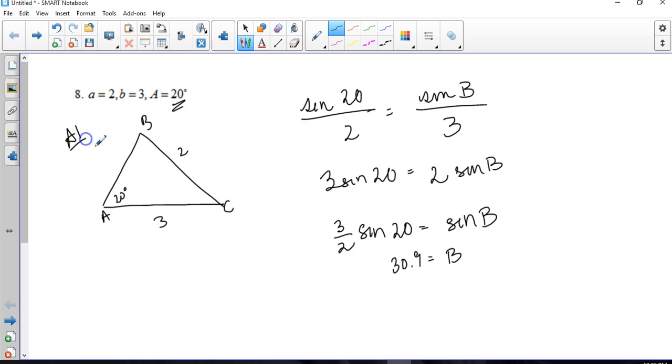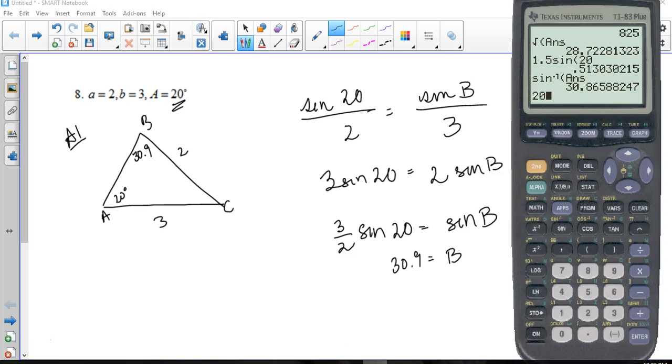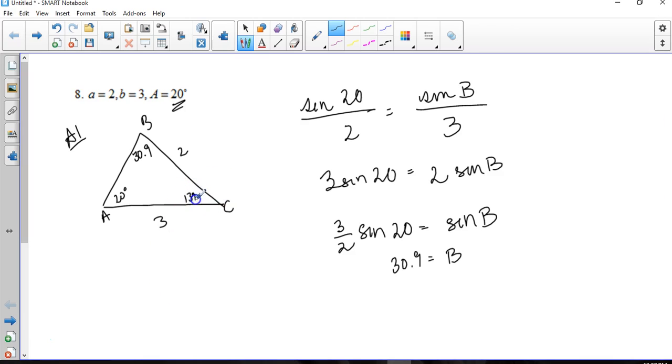Now maybe that's what B is. Maybe that's what's going on here. Maybe this is a 30.9. And if that's a 30.9, this has to be a 139.1. But maybe it's not a cute little acute triangle. Well, obtuse because of this, but you know, kind of normal looking. Maybe it's like super squished in like this, right? Because that could happen, and when you get a two triangle situation, it tends to look a little weird. So that's B1. B2